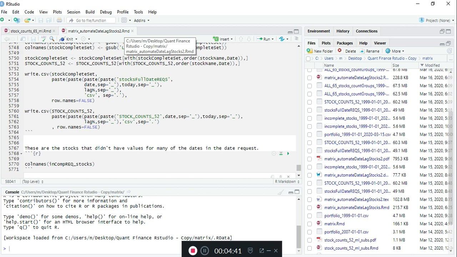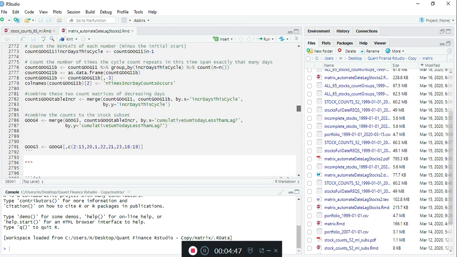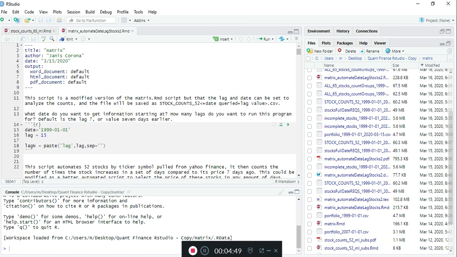Okay, so if you run this matrix automate file, you enter in quotes the year, month, and day. This is January 1st, 1999. And you do the lag. In this case, it was 15, but you could easily do 1 for the day before, 7 for a week before, and then what you're going to get out is going to be